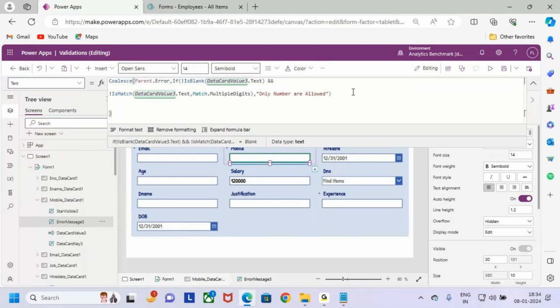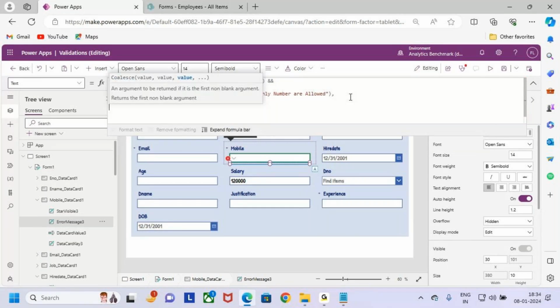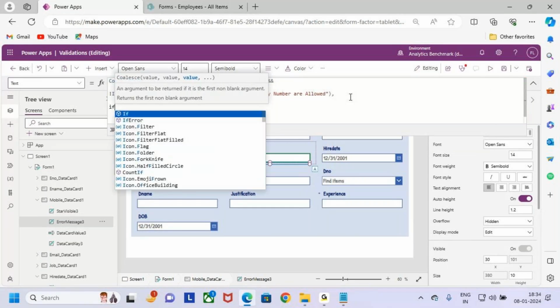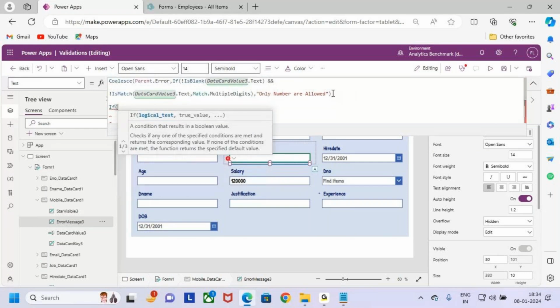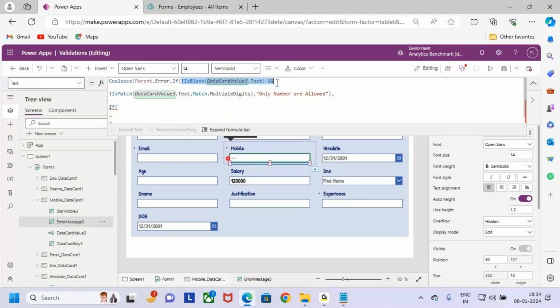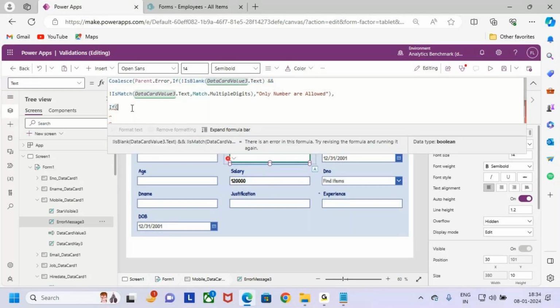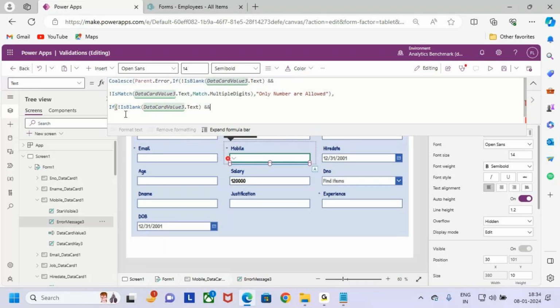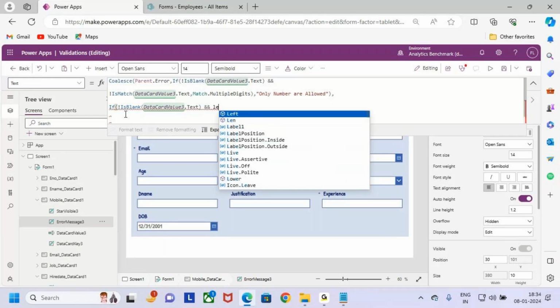Now keep a comma. Next, one more if condition I'm writing: is not blank. Let me copy the same thing. Is not blank. I want to satisfy this condition too, guys. If it is not blank, only then do I want to throw the error. So it is not blank and also the length of whatever value you enter into this